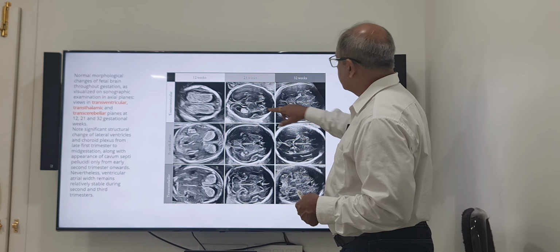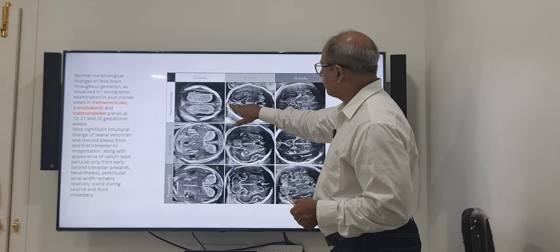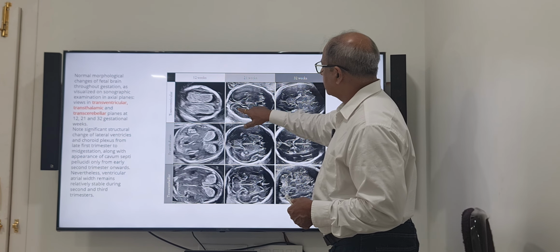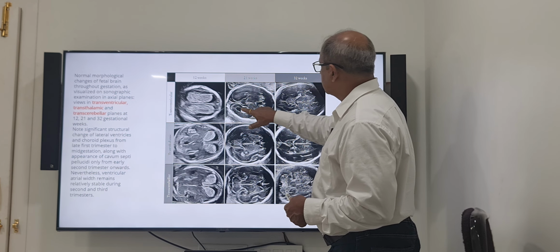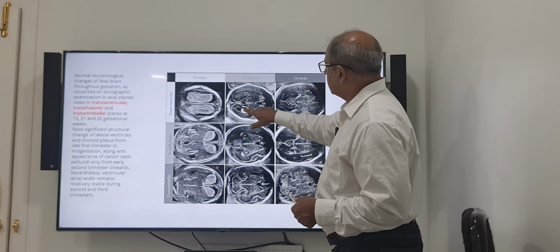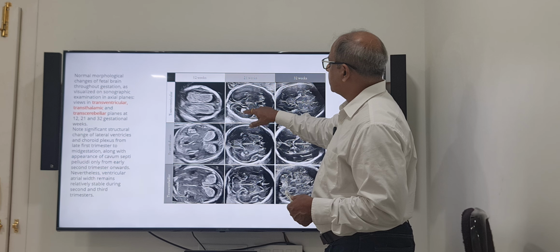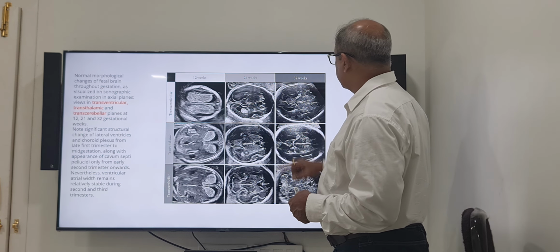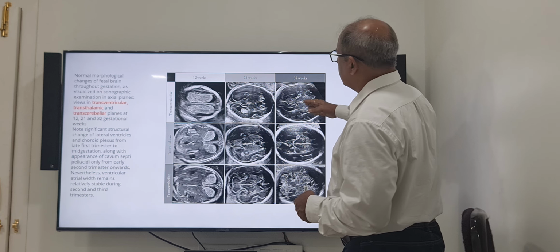32 weeks changes. There are multiple things which I have shown through anatomy, that there will be falx cerebri, the anterior horn of the lateral ventricle. This is the anterior horn here. This is cavum septum pellucidum, and this is the atrium. So you measure this atrium of the lateral ventricle. Same thing what happens at 32 weeks. So there is a continuous change in